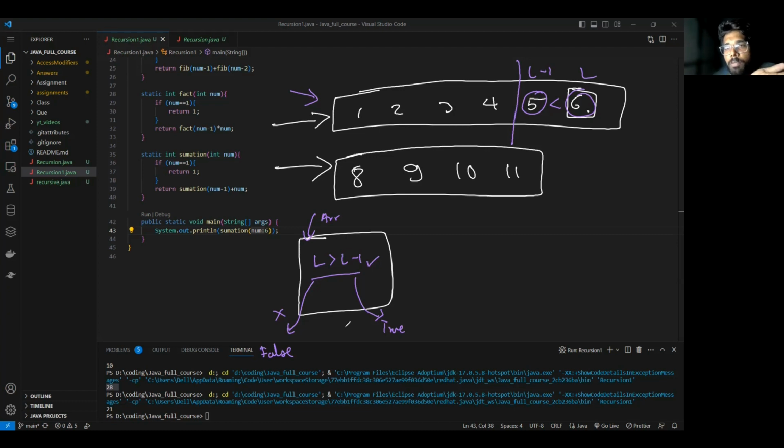Now what I have to simply do is keep on passing the array in shorter version. First I'll pass this entire array so that it will compare between 5 and 6. Then I'll pass the array from 1, 2, 3, 4, 5, so it will just compare 4 and 5. Then I'll break this array and pass only this much, then only 1, 2, 3. In this way, the array is getting shorter and shorter. So my base condition should be in such a way that,